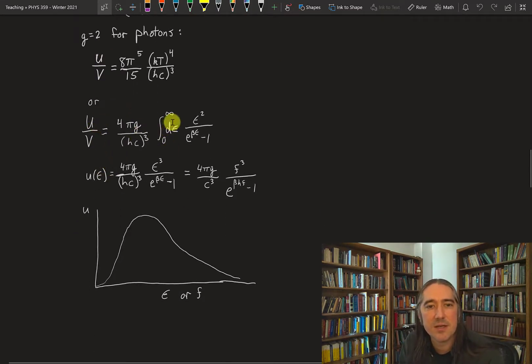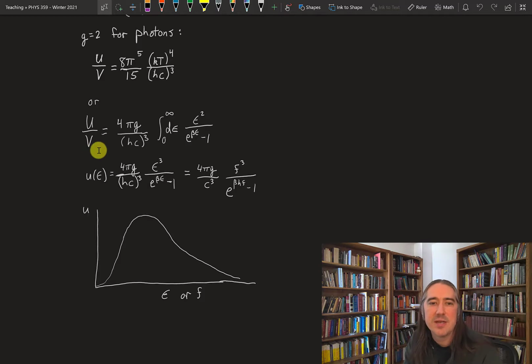Some constants, integral, right? The energy integral looks almost identical except it's e to the beta epsilon. And this quantity that's being integrated, which is to say the constants that I pulled out front, if I pull them back in so that this is literally just written as an integral d epsilon, the quantity that I'm integrating here is the spectral density. Okay, and so spectral density is the energy density per unit energy, which sounds funny, but what I mean is per unit of photon energy.